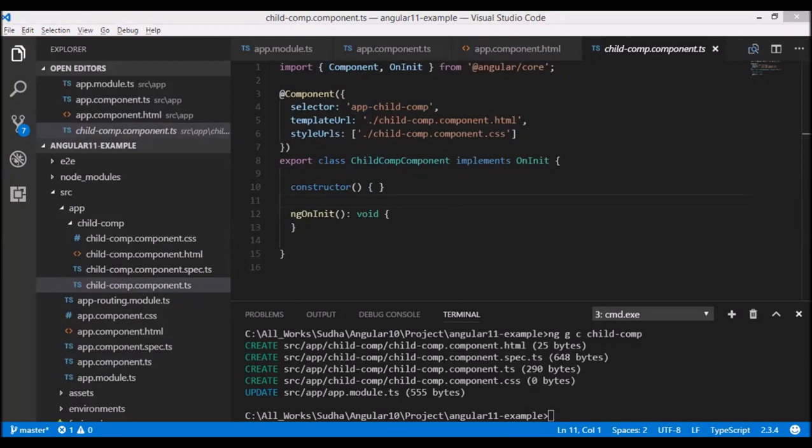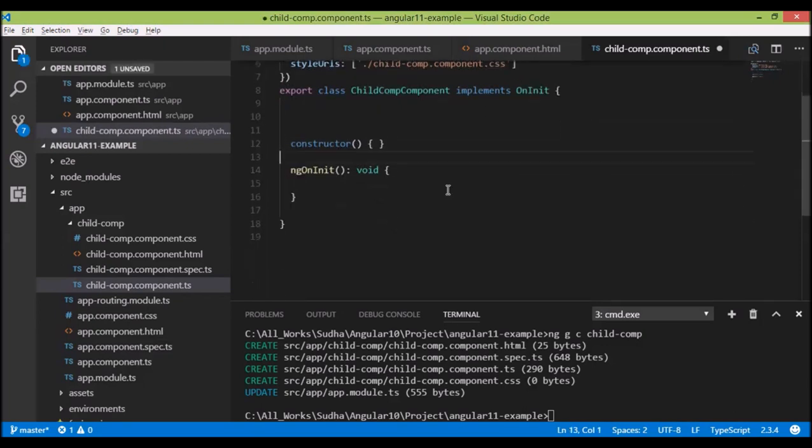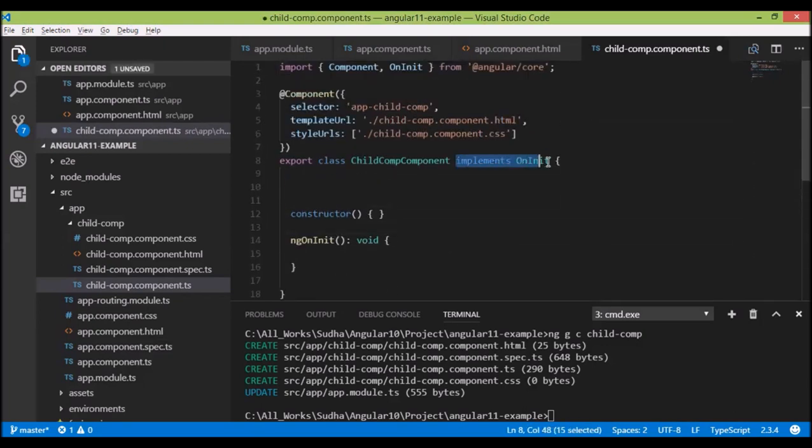So we'll write here in my ng on init. So we have ng on init. If you don't want to use this, we can remove this also. Suppose you want some code, some functionality to be available when the page loads. Suppose you need data from the server. I'll write that code to get data from the server in my ng on init method. So whenever that component is loaded, it will call the server. Server will get the data and it will be displayed.